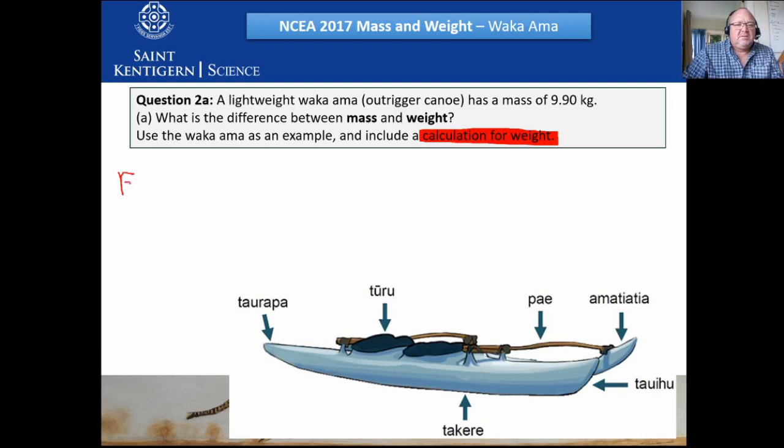F equals MA. And in this case that A becomes a G. And our mass is 9.9 and G is 10. So that's going to give us 99 newtons. It's really difficult to write with a mouse. Anyways, please forgive me, I know it looks terrible. Alright, so